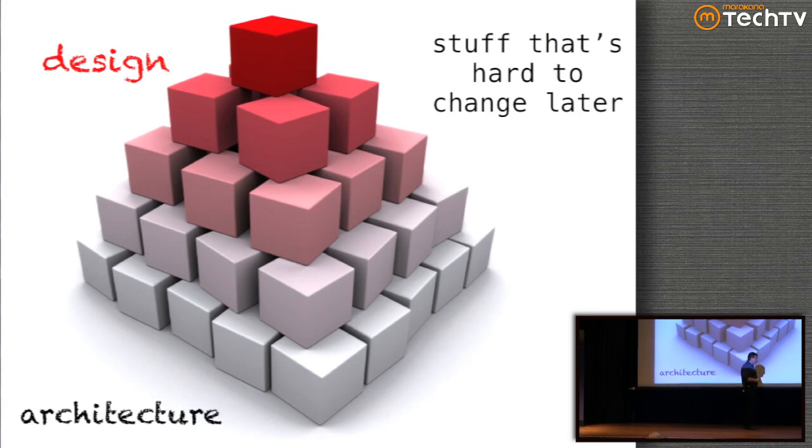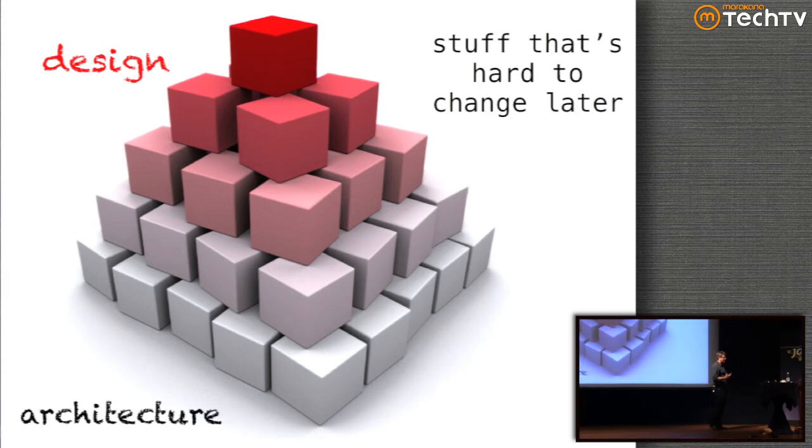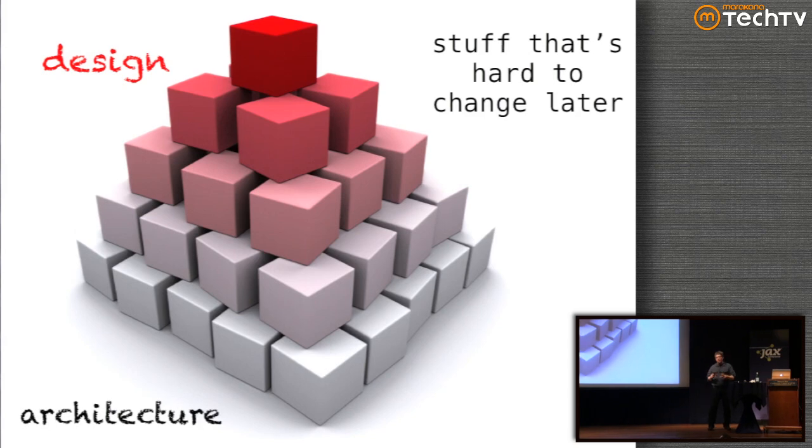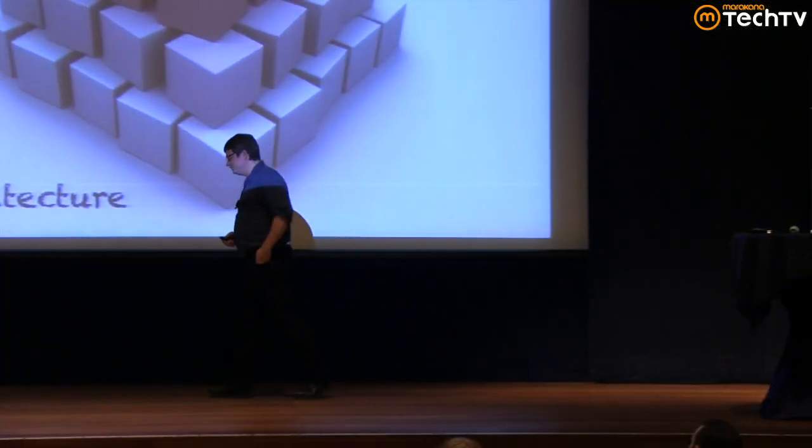And this kind of abstract picture captures this concept because the architectural element's here on the bottom, and it's hard to shuffle those gray boxes around without making the entire thing unstable, whereas the red boxes on top, you can move them around and get a slightly different shape, but not change the overall structure.